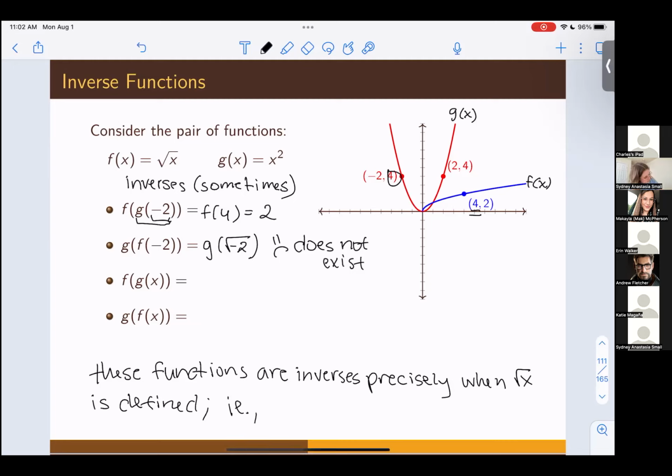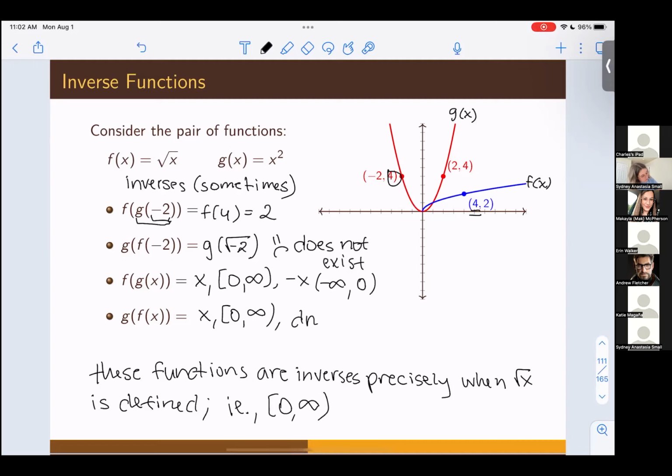i.e., on the interval 0, because the square root of 0 is 0, that is included through all the positive real numbers, 0 to infinity. So f of g of x equals x only from 0 to infinity, and g of f of x equals x, again, only from 0 to infinity. And f of g of x is equal to negative x from negative infinity through all the negative numbers, and then this does not exist